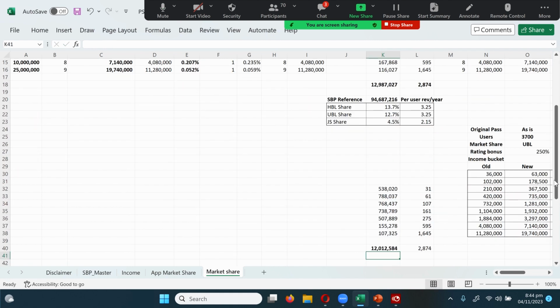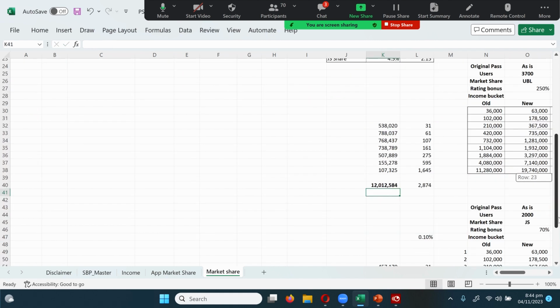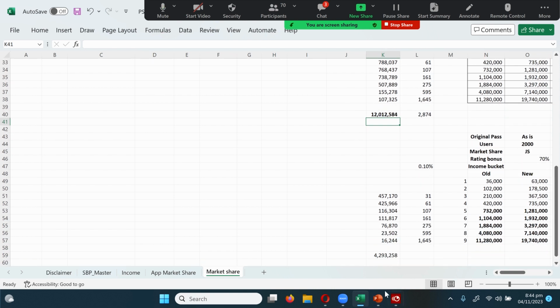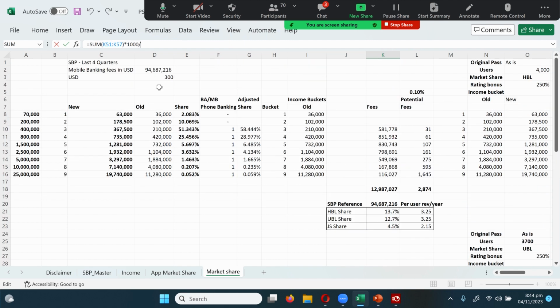And then similarly, if I go back here, where are you? In the case of JS, in the case of JS this number is here. So yeah, this 286 should not be hard coded as 286. It should be linked to a cell. So you just change this cell and all the values update. So your